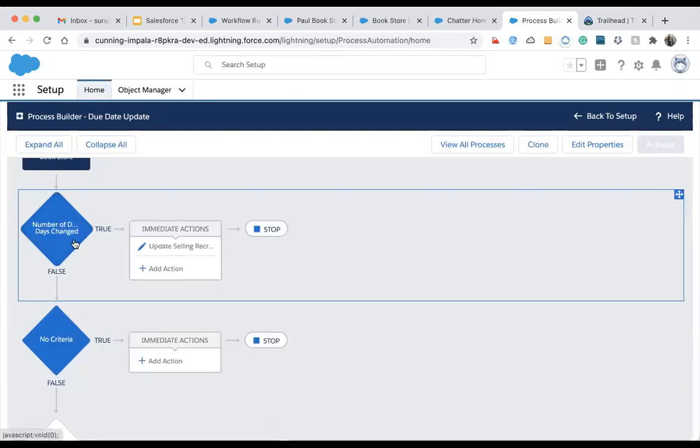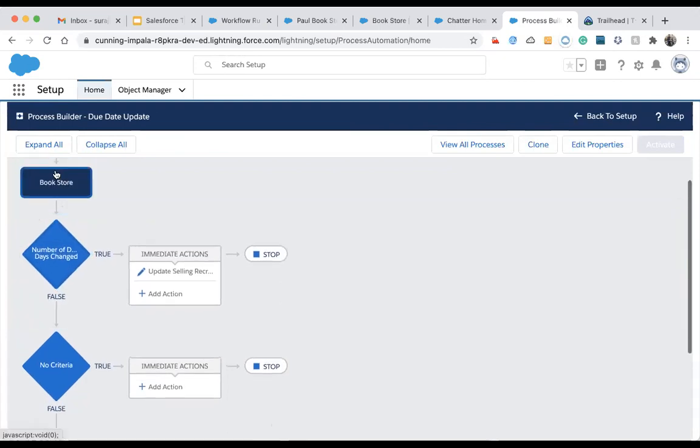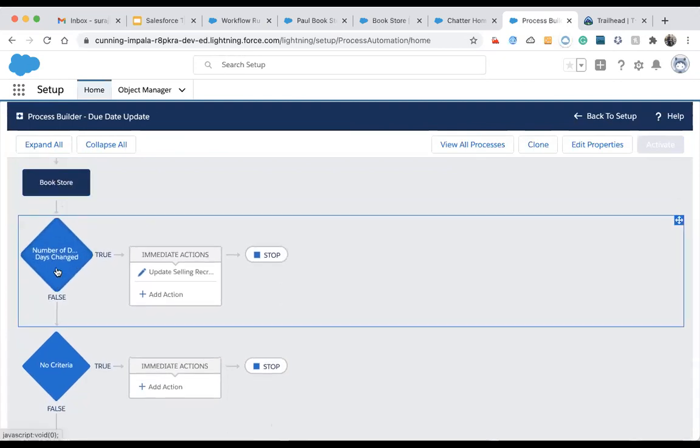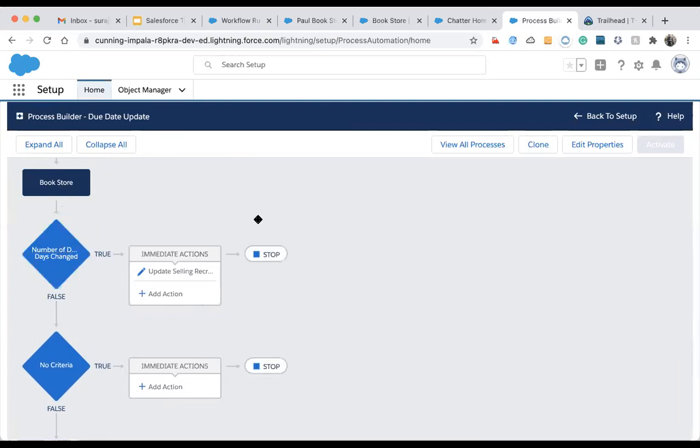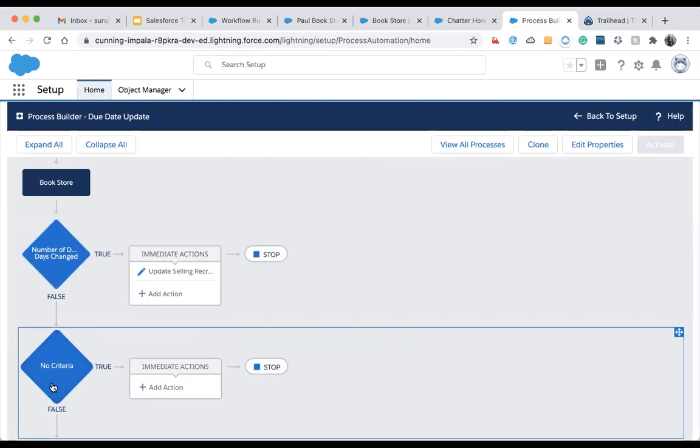So I'm just demonstrating a situation: when the process builder is executed, it will check that when the due days number is changed, it will execute this, and thereafter it will stop, meaning this criteria will never execute.